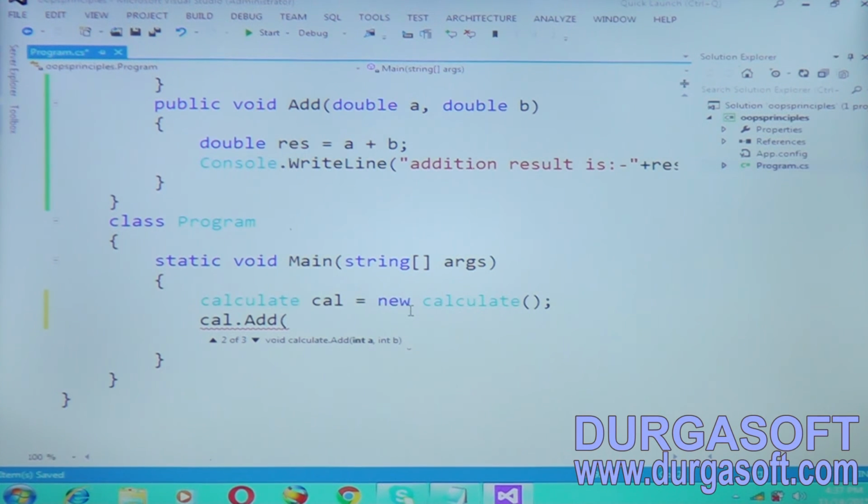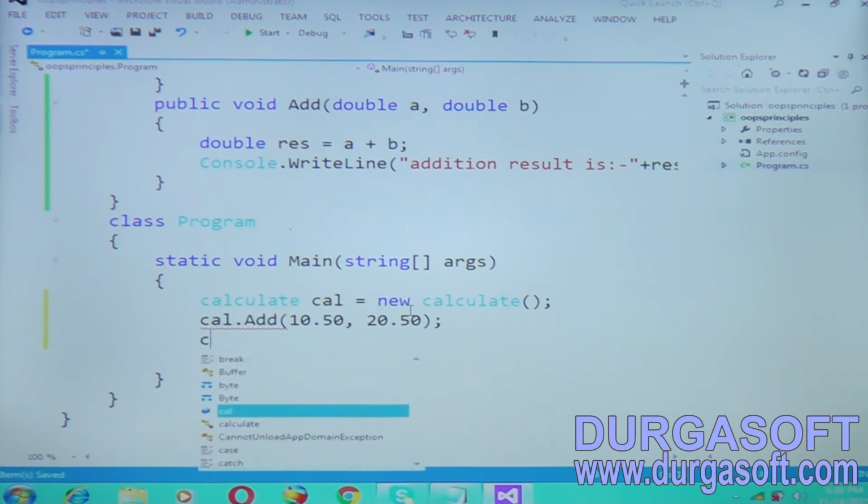You can pass three values here. If you observe the IntelliSense, one of three methods is shown. Void Calculate.add with double a comma b, another method void Calculate.add with int a comma int b, and int a comma int b comma int c. So three methods are there. For the first one I am passing 10.50 comma 20.50. Fine.